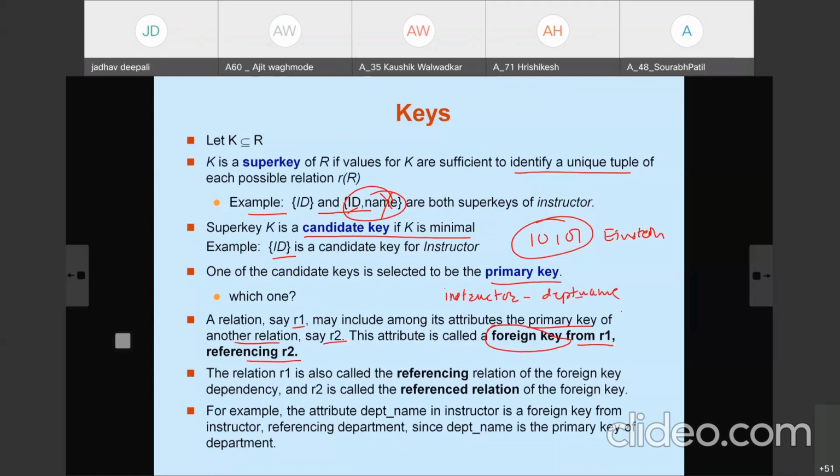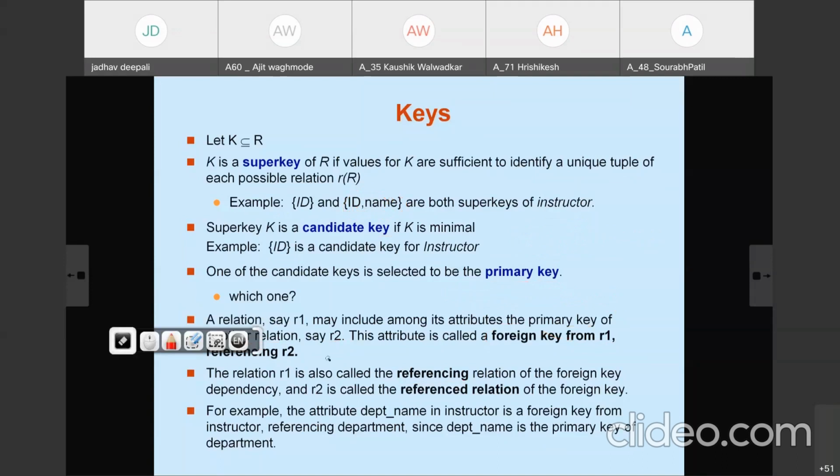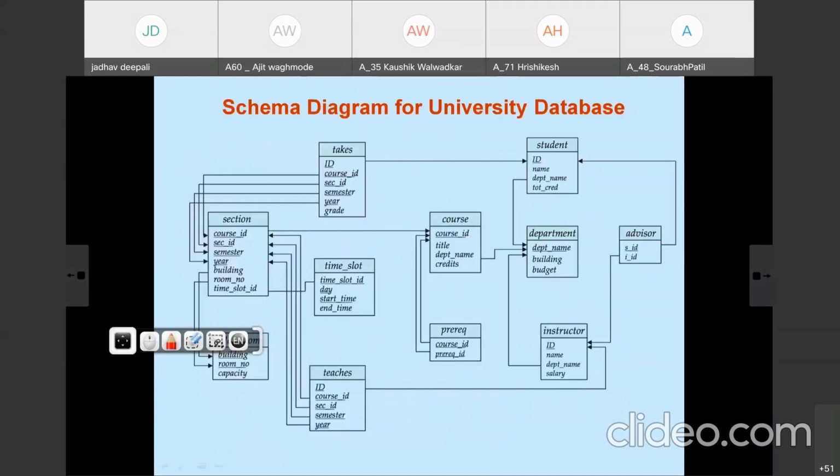So it becomes the foreign key for instructor, referencing the department. R1 is called the referencing relation, so instructor is the referencing relation, and R2 is called the referenced relation, so department becomes the referenced relation. So these are the keys for the relational model or relational schemas. And this is the schema.